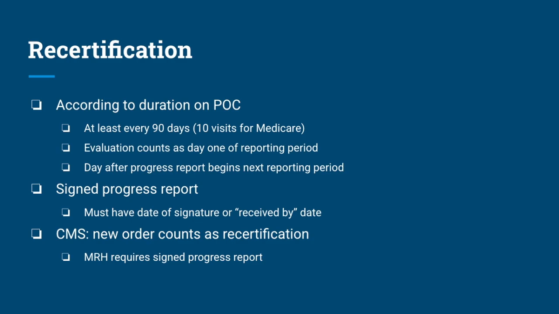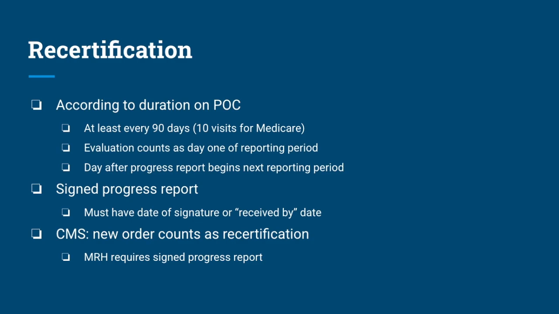Your evaluation counts as day 1 of your reporting period, so the 10th day that the patient comes in is going to be your recertification day. After you do a progress report, the following day is the start of the next certification period, the next reporting period. So the progress report will be your 10th visit, and your 11th visit will start the next reporting period. You need to have your signed progress report,